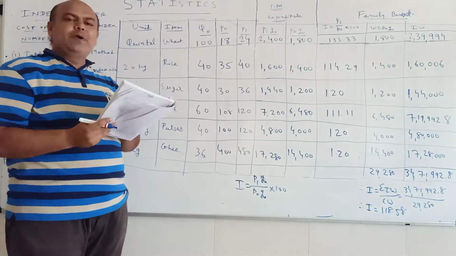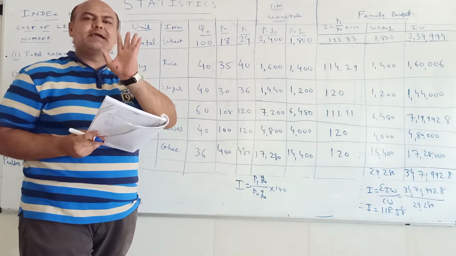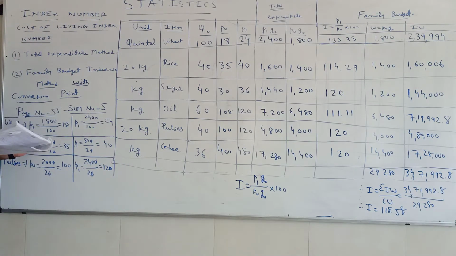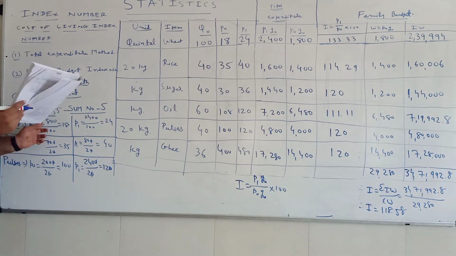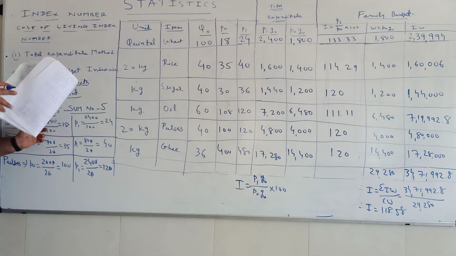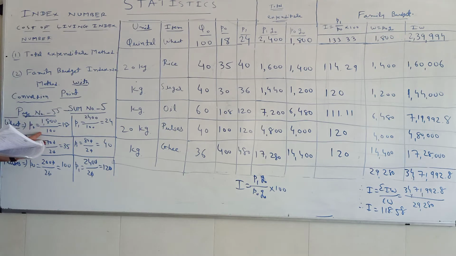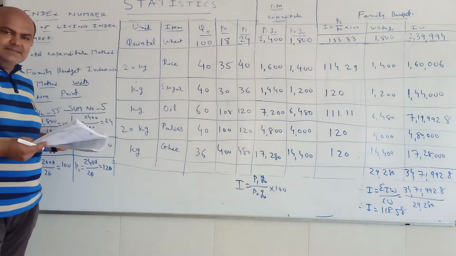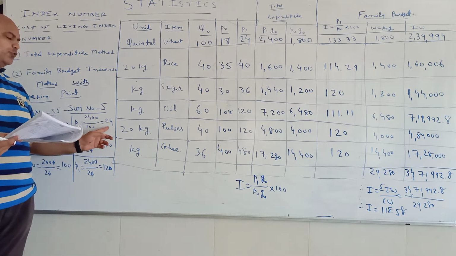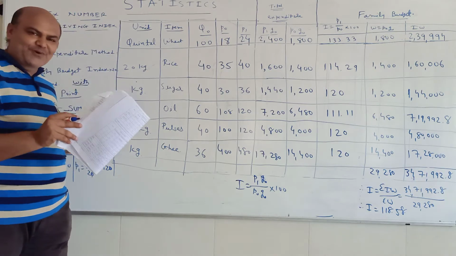So 1 quintal is equal to 100 kg. So both the prices, here it is the calculation for wheat. The base year price, that is 1800, given in the question. When we convert, we have to divide the price with 100. So 1800 divided by 100. Now UP0 is 18. Current year price, that is 2400 divided by 100. So UP1 is 24.